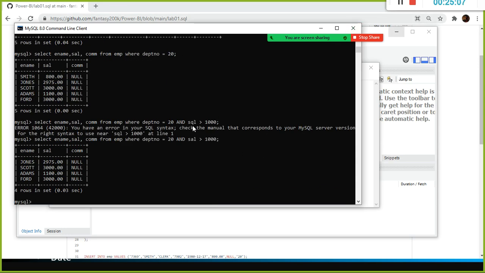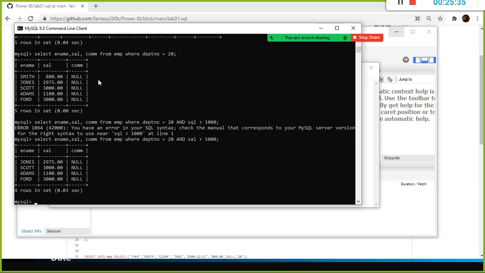If you make a mistake and wrongly type the column name, it will check whether the SQL column is there. It is not there, so it will throw an error. So here we filtered, this is called filtering. We filtered the records based on this condition, department number 20 alone, and listed out all the employee names and their corresponding salary and commission.